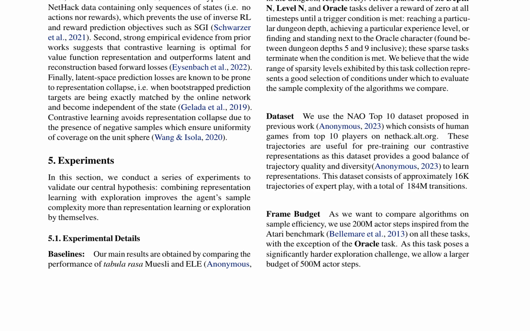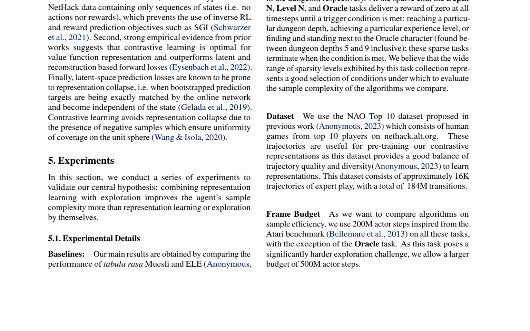The frame budget for the experiments is set at 200M actor steps, inspired by the Atari benchmark, with the exception of the Oracle task, which requires a larger budget of 500M actor steps due to its harder exploration challenge. Contrastive pre-training of state representations is motivated by 2 key benefits. It simplifies the task for Muesli by enabling linear value function prediction, and